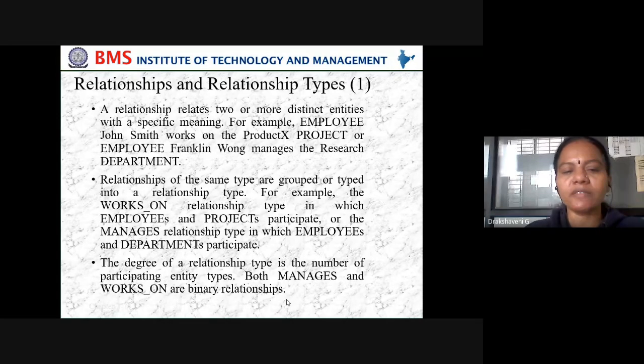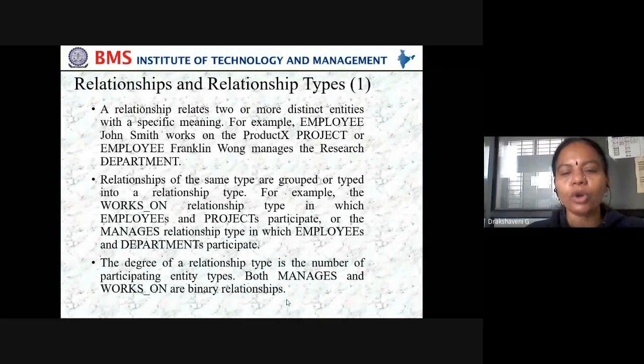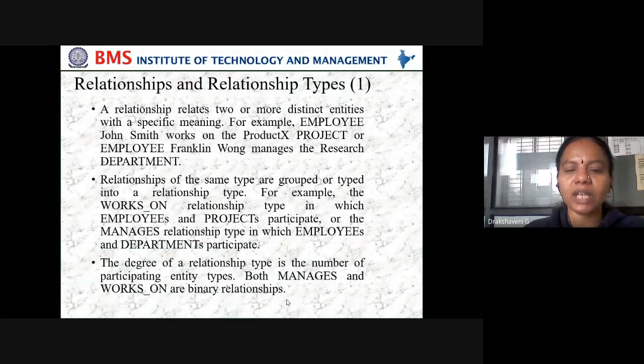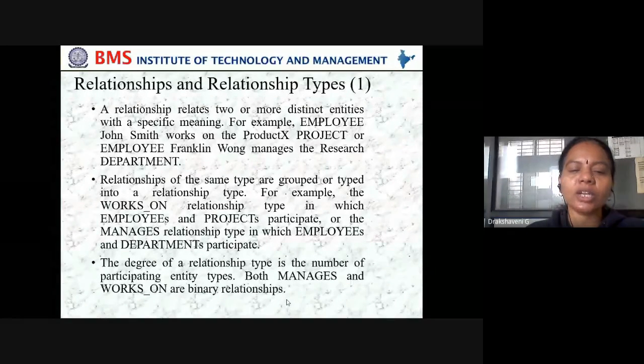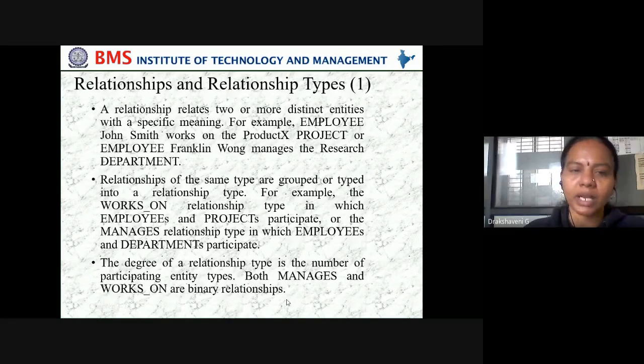For example, the works-on relationship type, in which employees and projects participate, or the manages relationship type, in which employees and departments participate. The degree of a relationship type is the number of participating entity types; both manages and works-on are binary relationships.